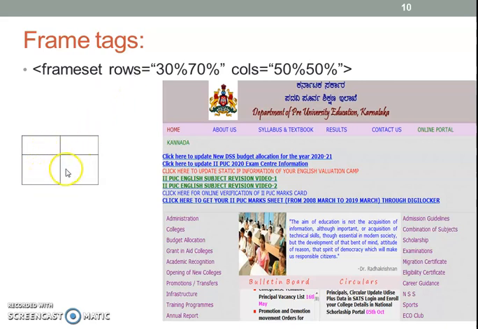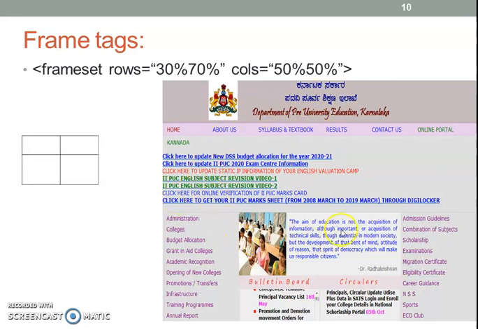This is a template. Consider this is a single web page, divided into 4 blocks. It consists of 2 rows. The first row takes 30% of the web page and the remaining 70% is the second row, and further each row is divided into 2 columns. Based on the requirement, a web page can be divided into n number of blocks, used to represent a huge amount of data in a formatted way in a single web page.